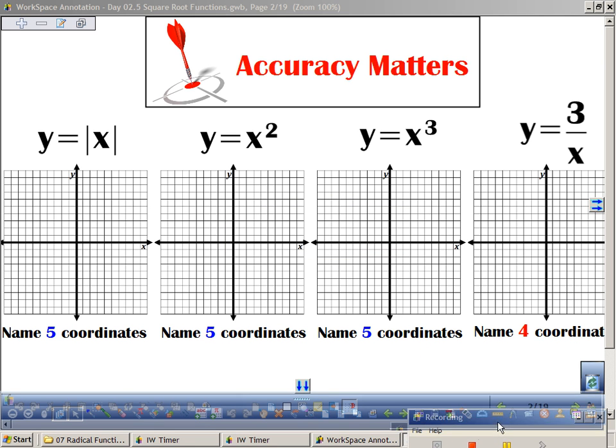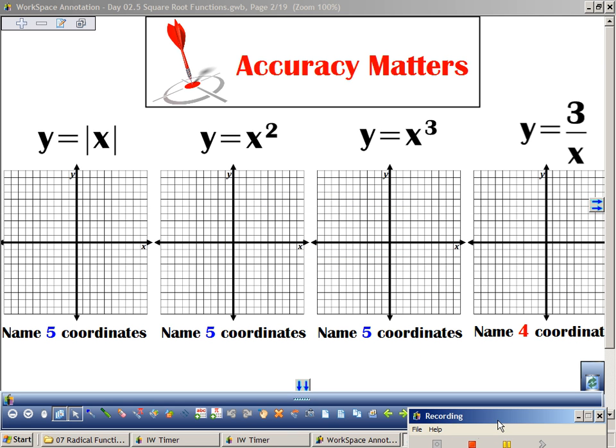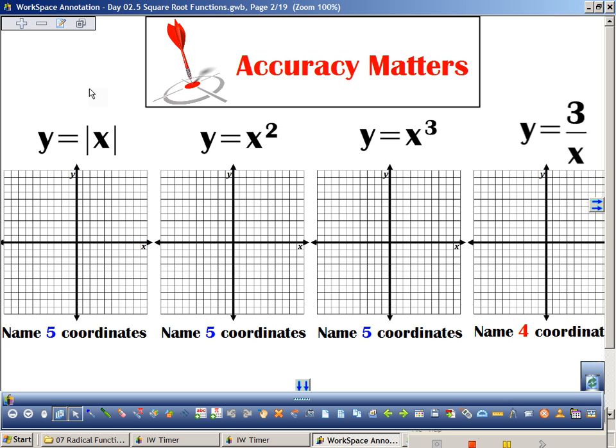Okay, so we talked a little bit yesterday about accuracy mattering. It's frozen, so you can't see it. Let me unfreeze it. So I want to briefly hit on that really quickly. So you know what this is supposed to look like. If I say sketch it, you would sketch it,